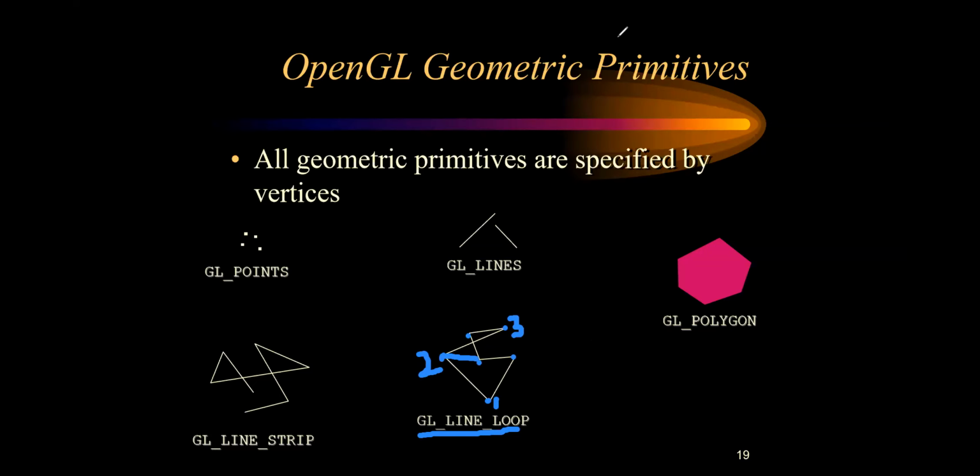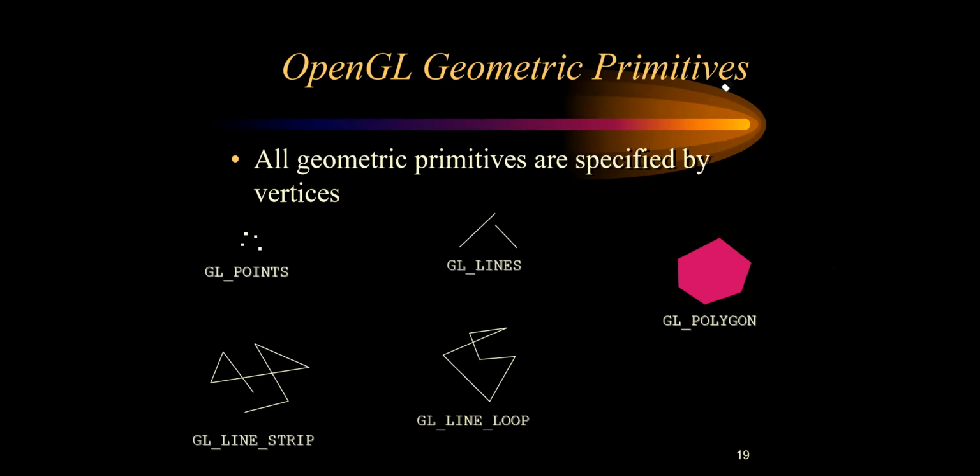I hope you have understood this thing. You have to be very careful while writing the points, because whatever the first point you have written, the second point will join accordingly. If you want to join from this point to somewhere, you have to give it in that way, otherwise it won't accept. Fine. Next thing is, here you can see GL polygon.